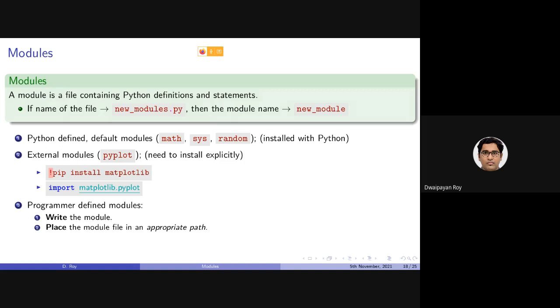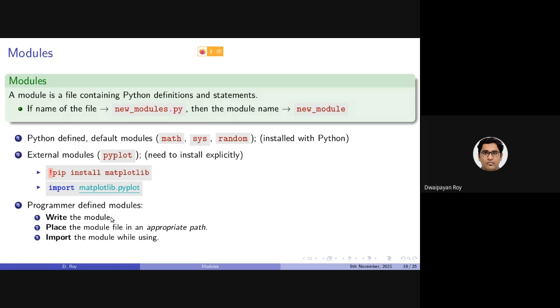Then we need to place the .py file in an appropriate path. And third, after that, we will be able to import the module while writing other code, and then use the module components, that is the functions as well as the variables defined inside this module.